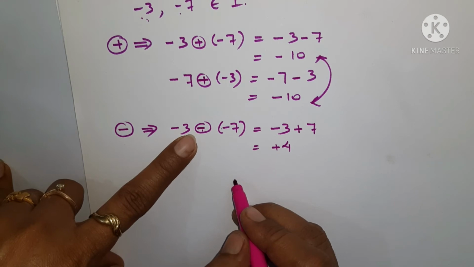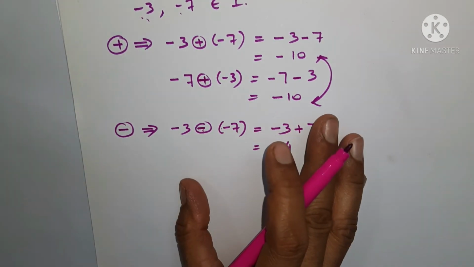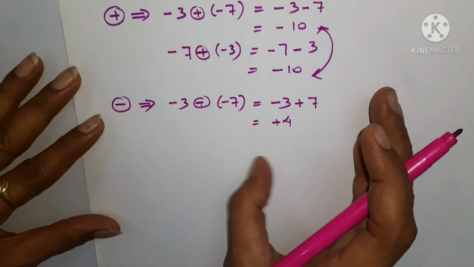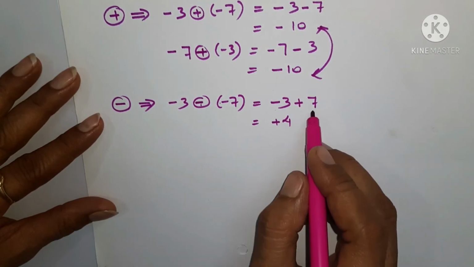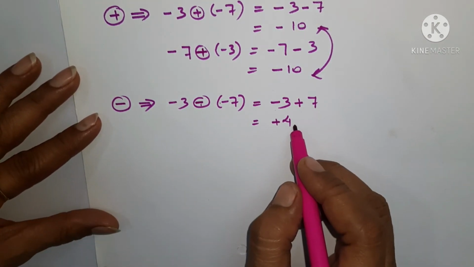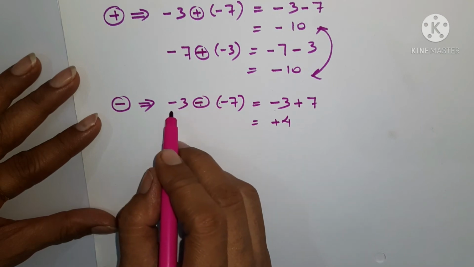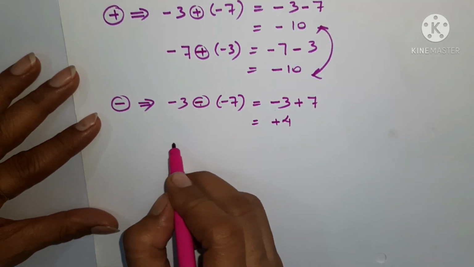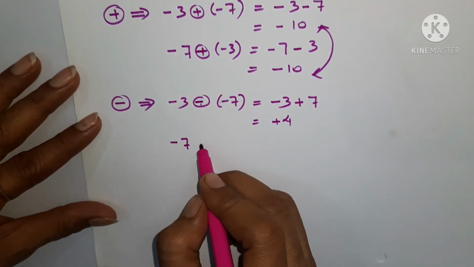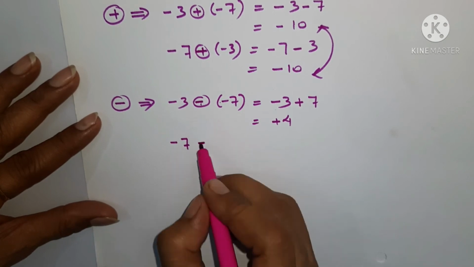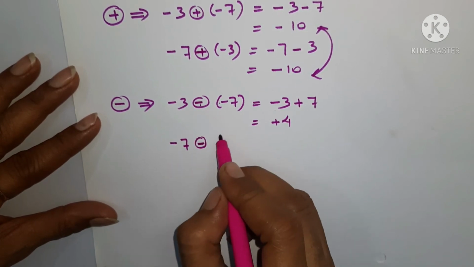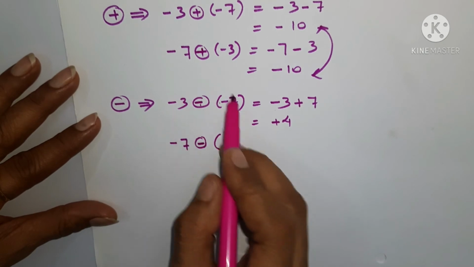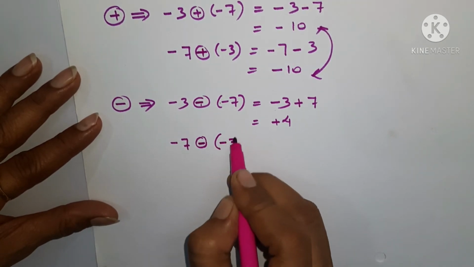Okay, जिन बच्चों को इंटीजर्स अभी नहीं समझ में आ रहा है घबराइए मत, मैं इंटीजर्स जब पढ़ाऊँगी तो आपको समझाऊँगी. ठीक है. So it is giving you +4. ठीक है. अब इसके बाद हम इसको चेंज करते हैं. ठीक है, इनकी पोजीशंस को चेंज करके देख लेते हैं. -7, okay, and then minus, because of the operation तो सेम रहेगा. हमारा ऑपरेशन नहीं बदल रहा है, सिर्फ पोजीशन बदल रही है नंबर्स की. और ये -3 यहाँ हो गया.